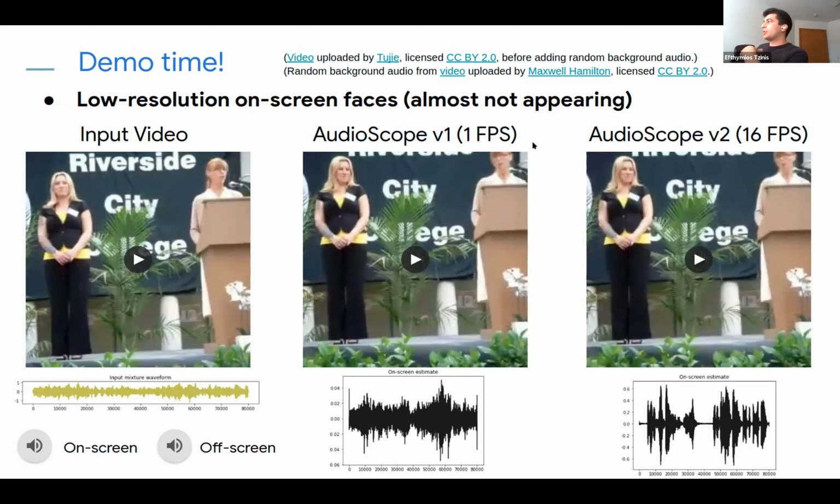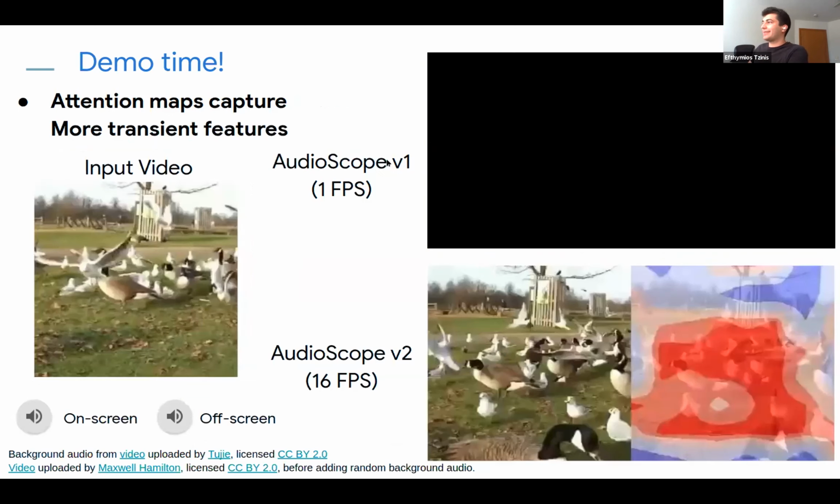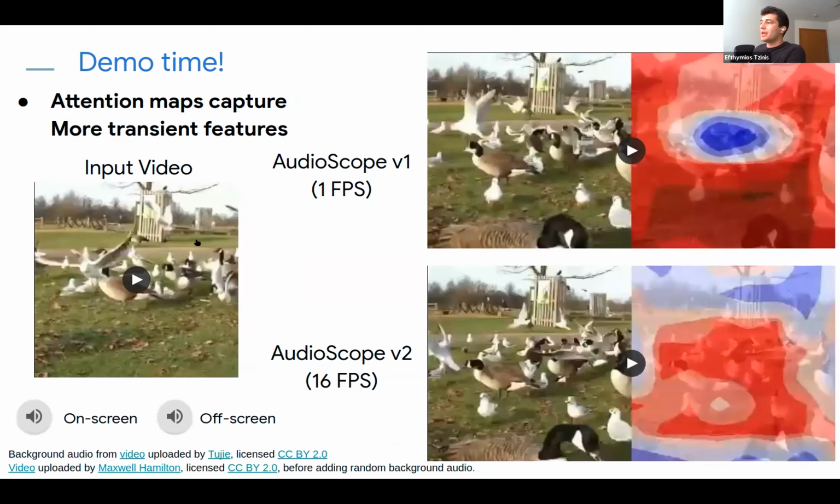And even more importantly, the on-screen faces are almost not appearing on screen. So it would be really hard for any model to do something like that with 1 frame per second. So another thing that we want to see is what happens if we flip the sound? So you're in a park and you see the ducks flying around, and then you have the off-screen random background